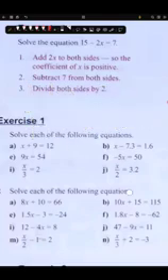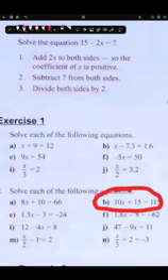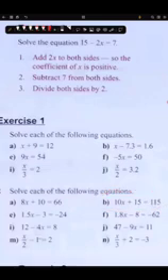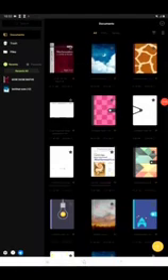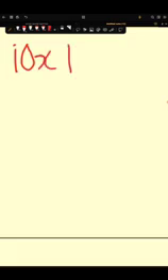The question I want to solve is question B here. This particular question, 10x plus 15 is equals to 115. That is the question we want to go ahead and solve. So permit me to use a blank page to solve this. So I'm already on a blank page and the question is 10x plus 15